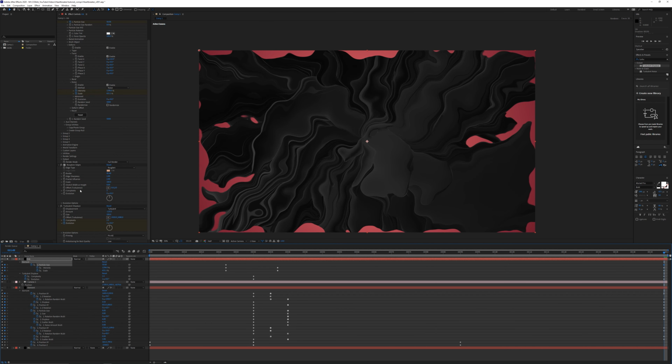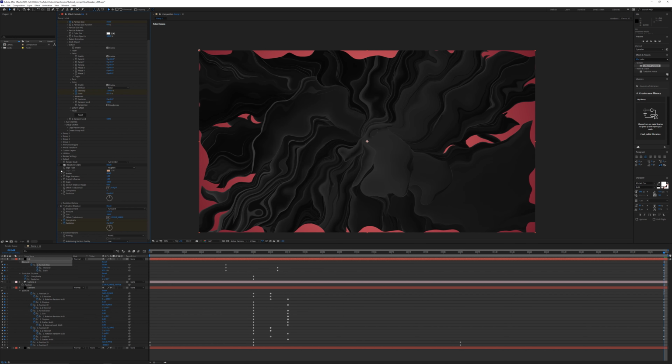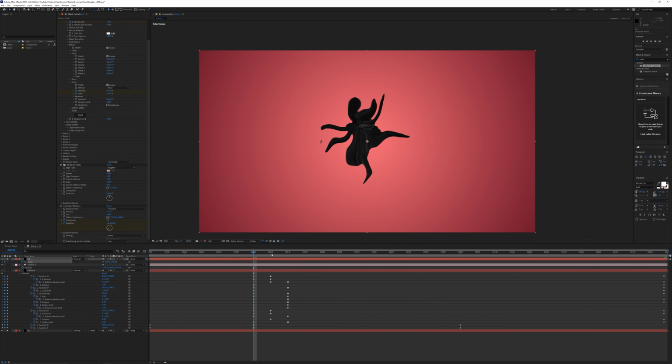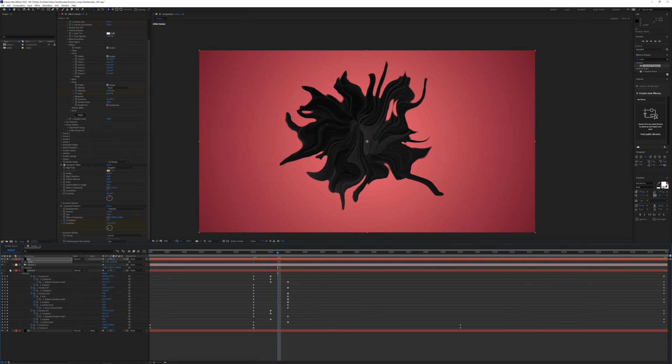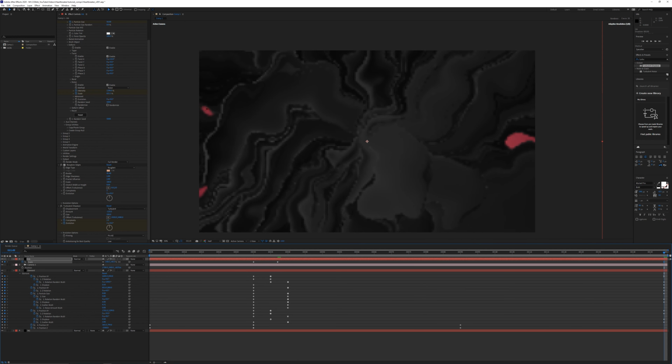And you'll notice that with these effects that we've added, so for the roughen edges and the turbulent displace, we do need to make sure that this layer is actually larger than our canvas. So we can also animate the scale. So we can go to frame 30, click S for scale. Now I'm going to go to frame 37 here and turn the heart back on just so I can see the overall size of that. Then I'm just going to increase that by about 5%, then go to the end, and then we can increase that to around 140%.